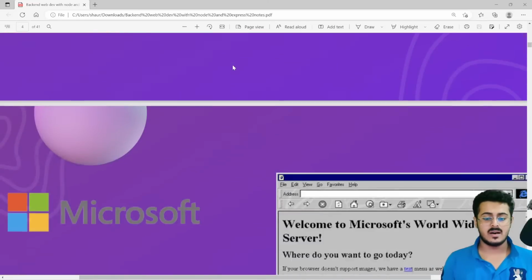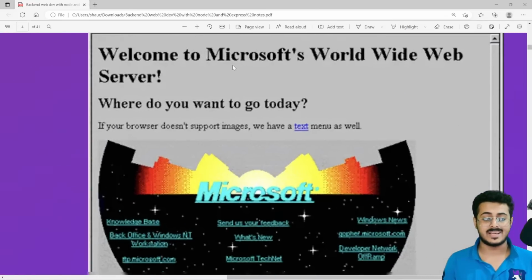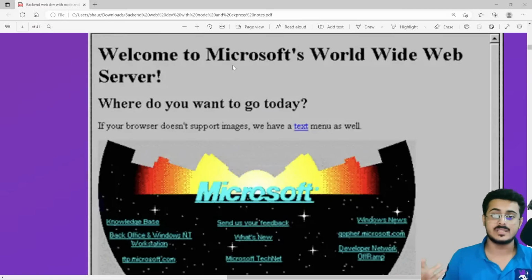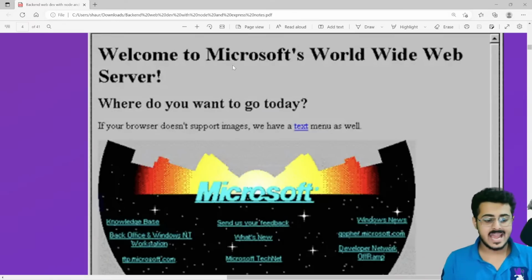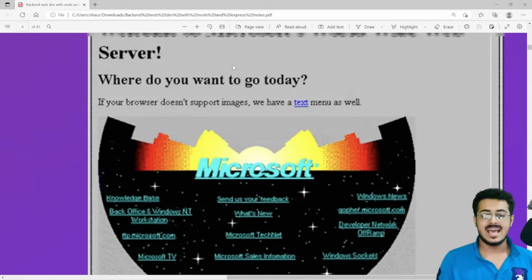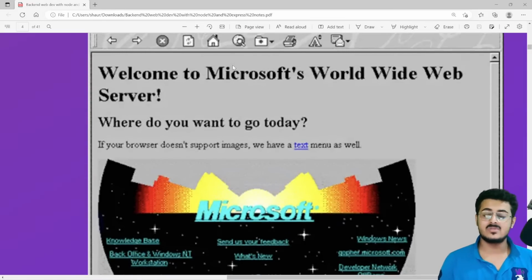Now, as you're able to see, this is one of the first websites of Microsoft, created only in HTML. Microsoft, a billion-dollar company, maybe even more than that. As you're able to see, the website just has text. It has no color, no animation, nothing like that. It just has some links and text on its screen. And this is what HTML was able to provide to everybody. It is only able to provide a structure to your website, some text, some information, only a structure.